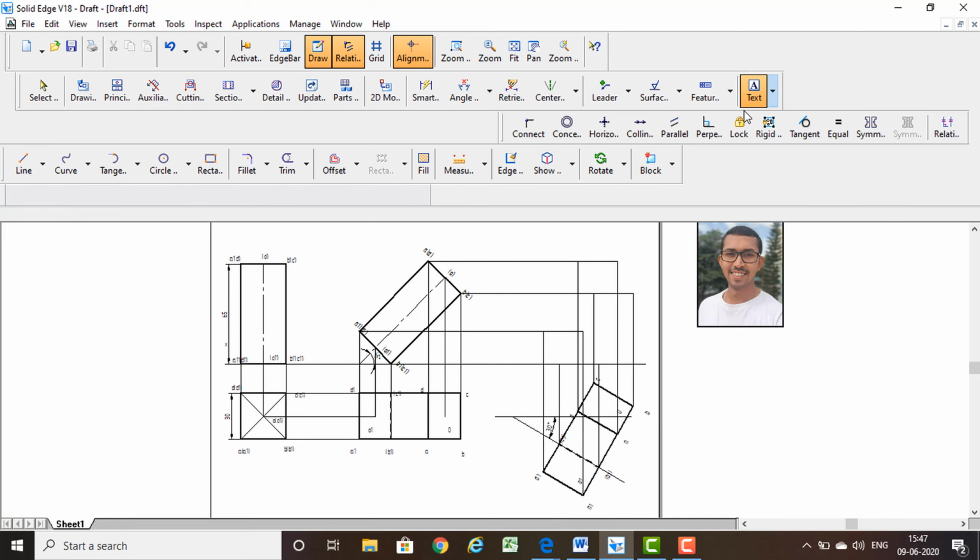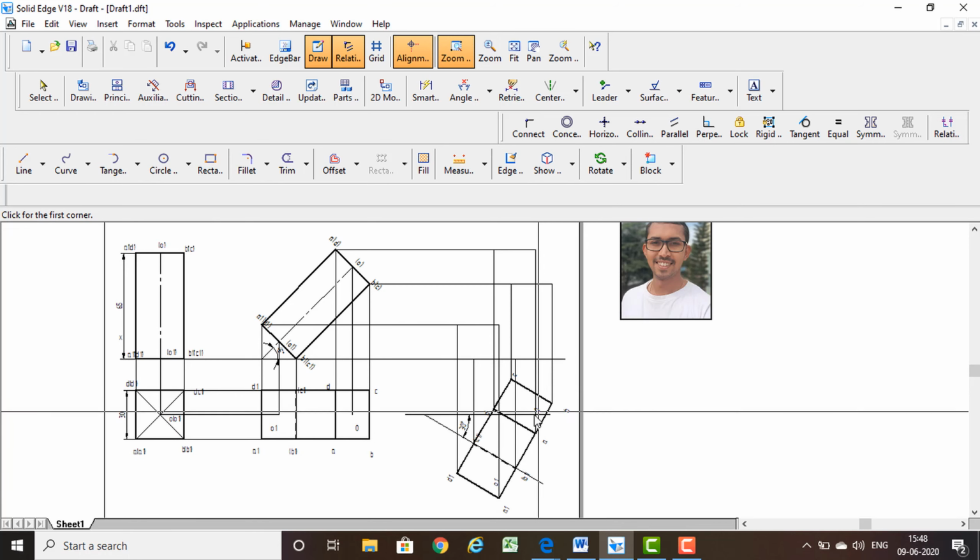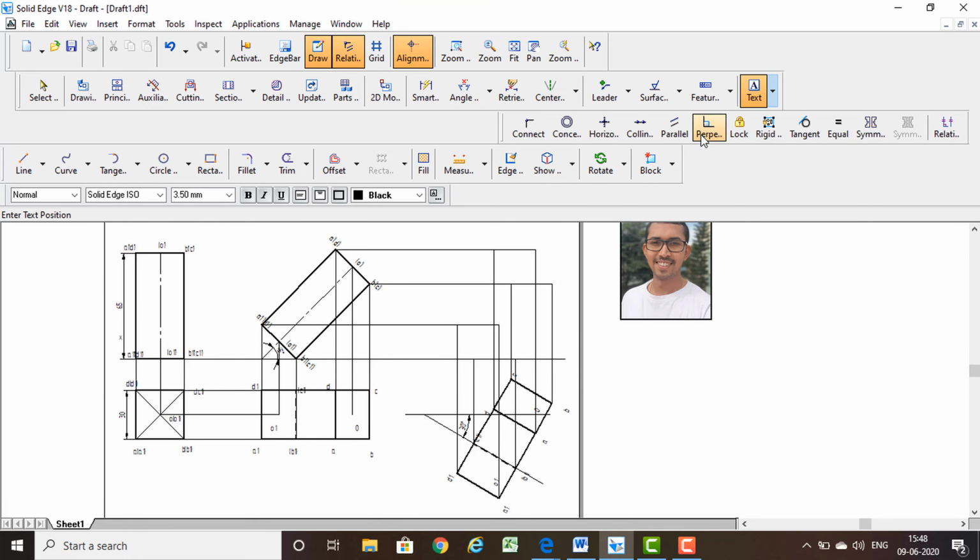Take a text command, zoom this particular area. See, this is B1 dash, right, and this one is C1 dash and this one is D1 dash and this one is A1 dash.